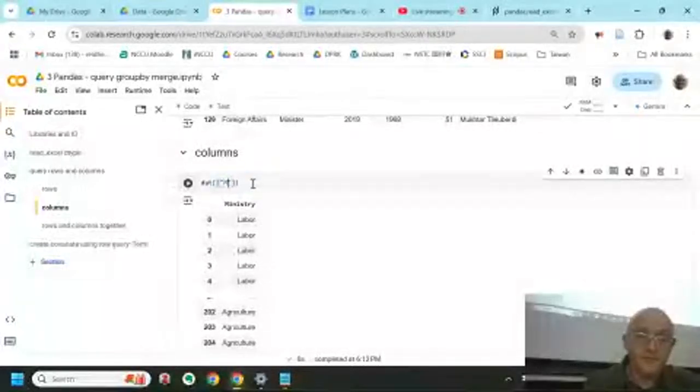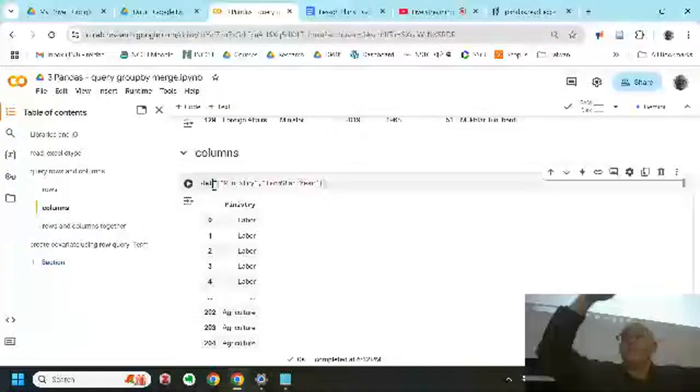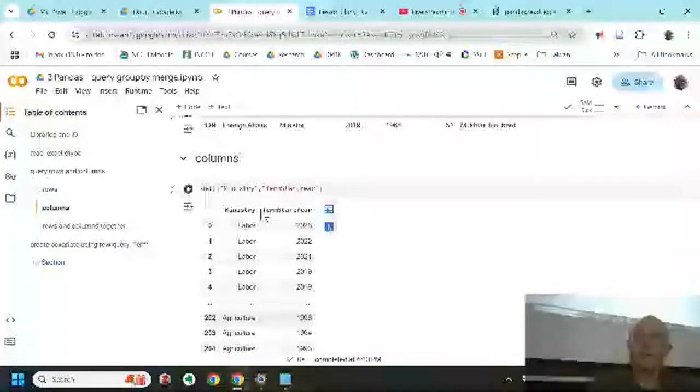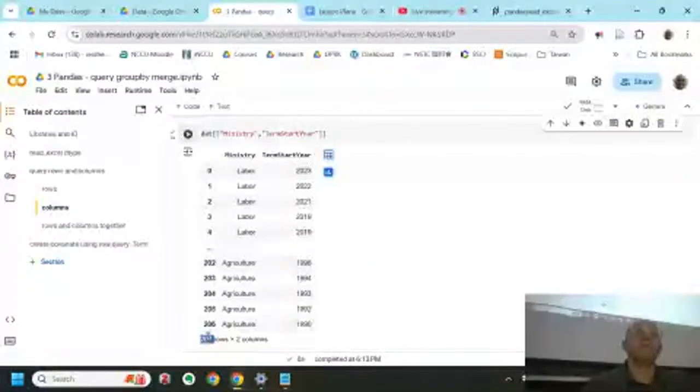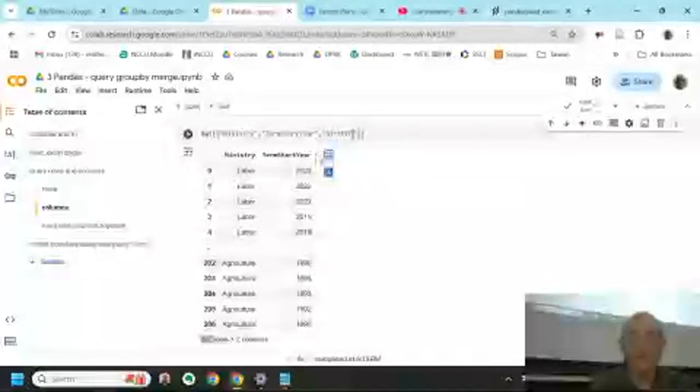But if I put in a list, so I'm going to take ministry and, let's say, term start year. Okay, so I've got the square brackets for the data frame, and inside of that, I'm putting a list. So this is going to return a subset of columns, right? Now there's no logical criteria on rows, so I get all my rows, but I'm getting just two columns, right? Ministry and term start year. And if I want to add another one here, I can, do birth year,